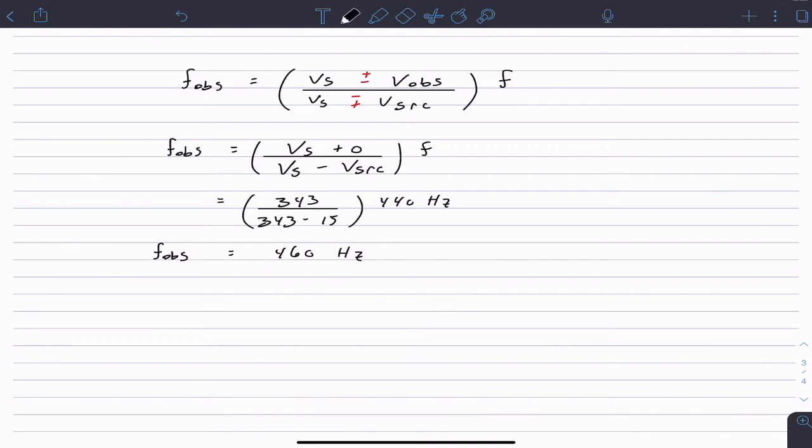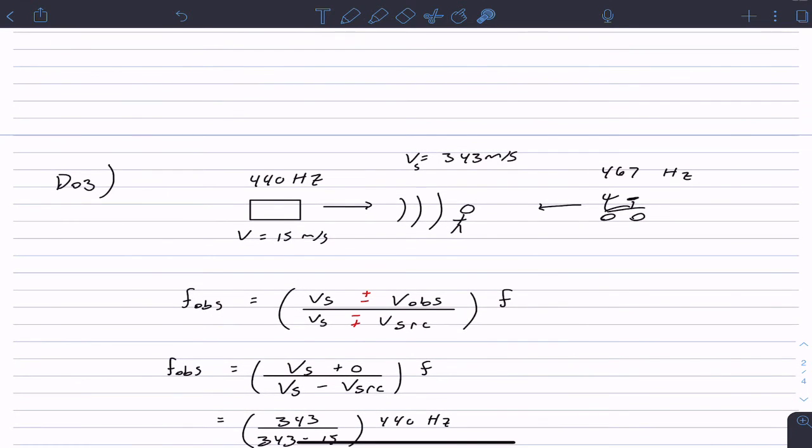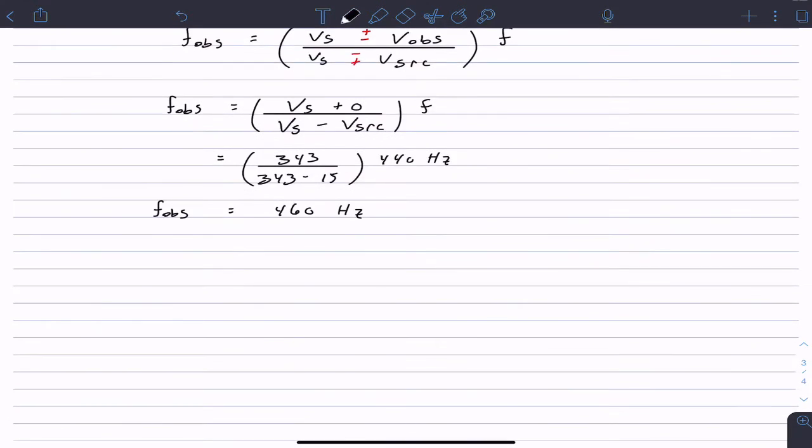Okay, so the next part, we are asked to find the velocity of the bicyclist. So back to this situation, let's ignore this guy. Now the car is moving the same speed, 15 meters per second. This thing is moving with some unknown speed. We're given the observer frequency and the source frequency, and we just have to plug in and solve. So part B is going to be,